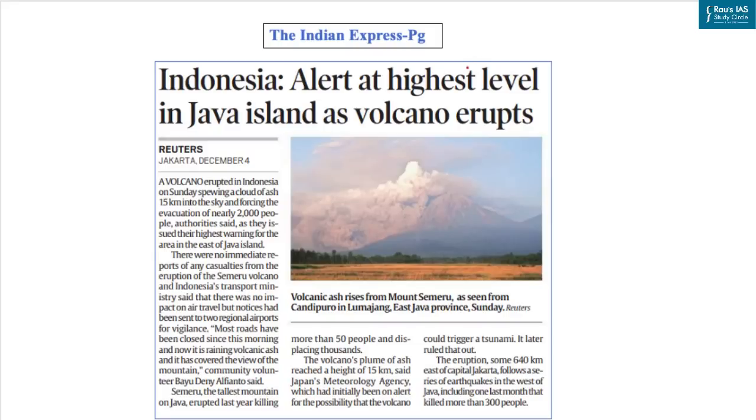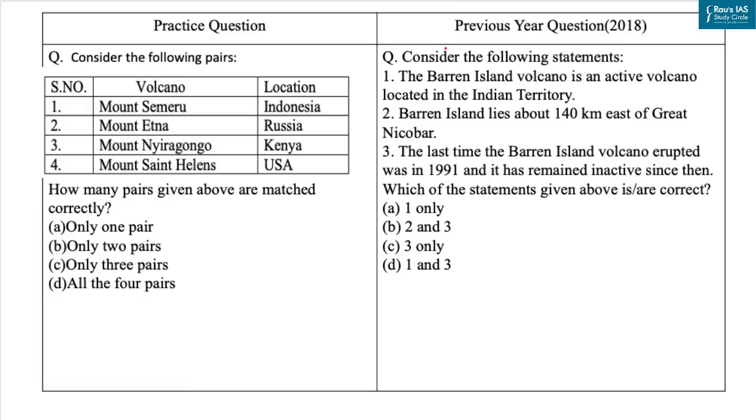Now come to our next question, which is based on this article which appeared on page number 14 in Indian Express. The context of this article is that the Mauna Loa, the world's largest active volcano, erupted after 38 years, spewing ash and debris and covering the night sky of Hawaii's Big Island in an incandescent red hue. Now under geomorphology, volcanism is an important concept for your prelims as well as for your mains examination, as a question based on the same came in the year 2018. Now let's come to the practice question.